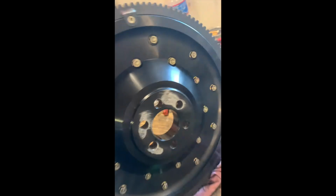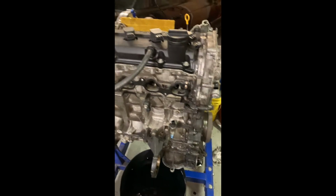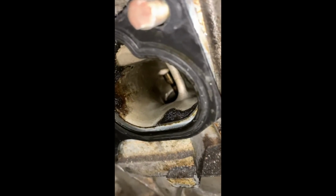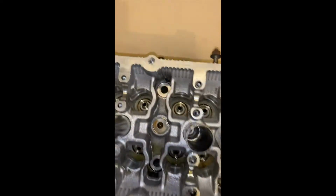Wish me luck. Got the engine out, and you can see real quick how dirty the engine bay is. Keep note of that. Not only is it pretty gunky in there, but look at those guys right there. And if we come in here,